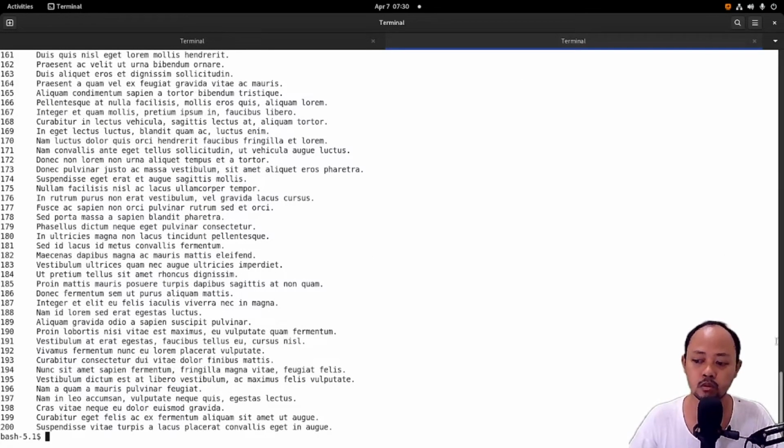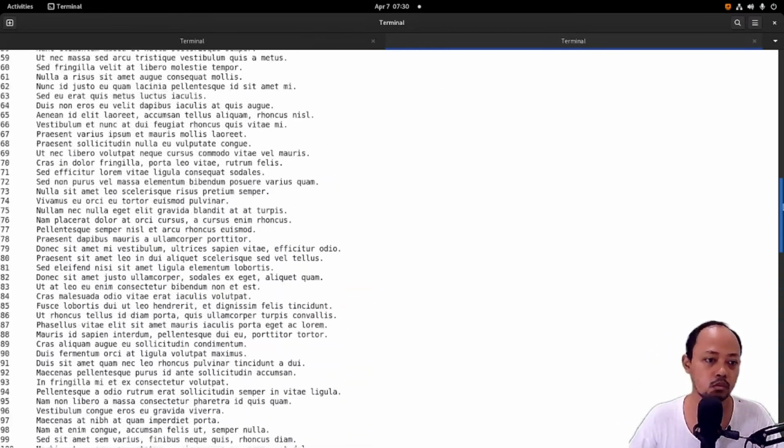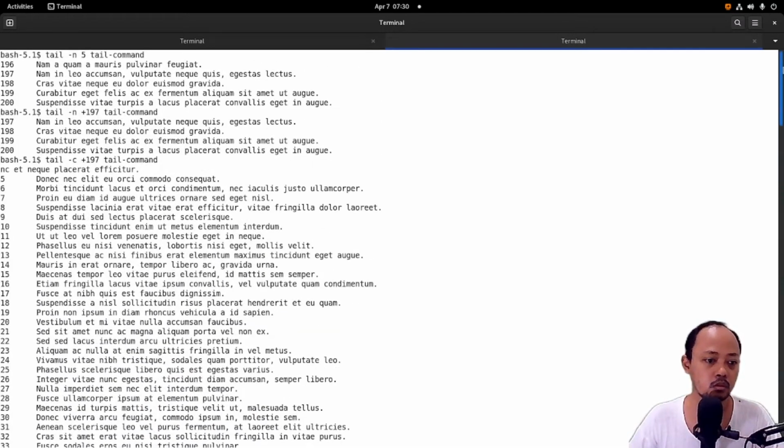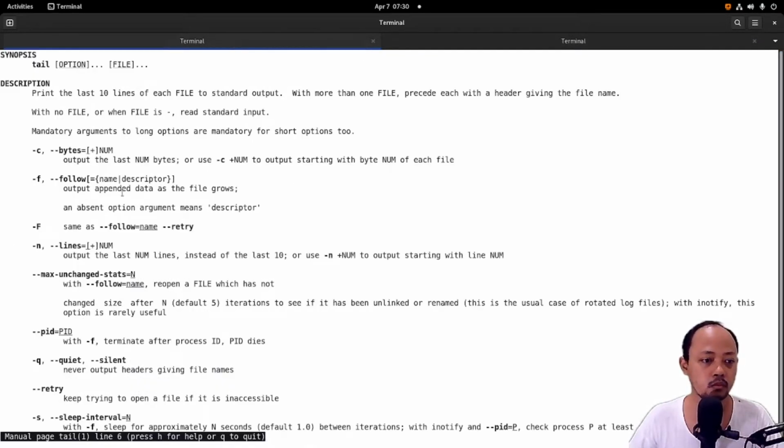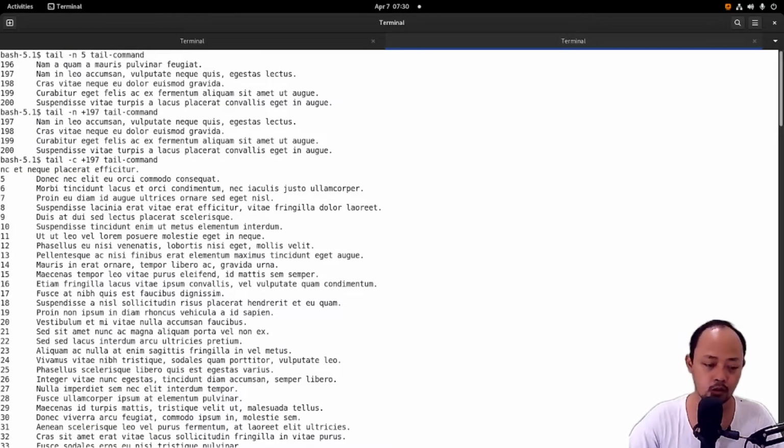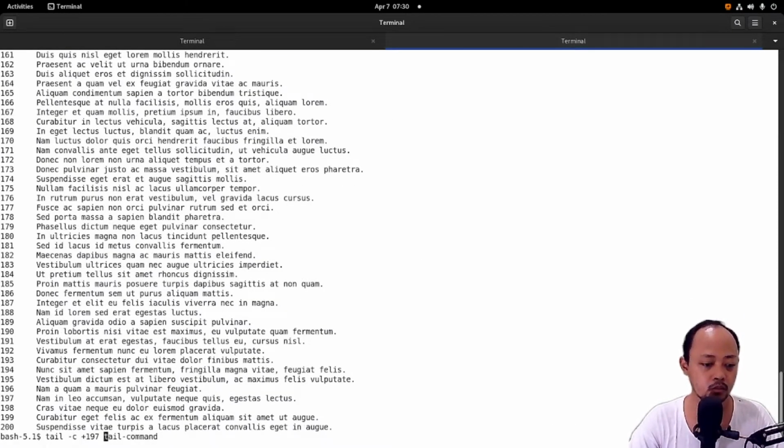Wow. Output the last num bytes. Maybe bytes is characters. I will try with a smaller number of bytes, I will try 5.